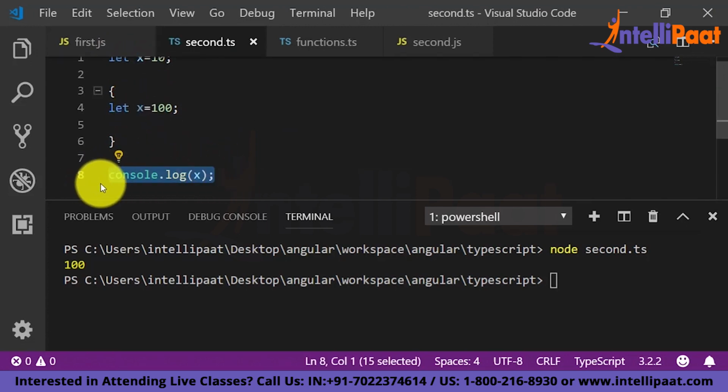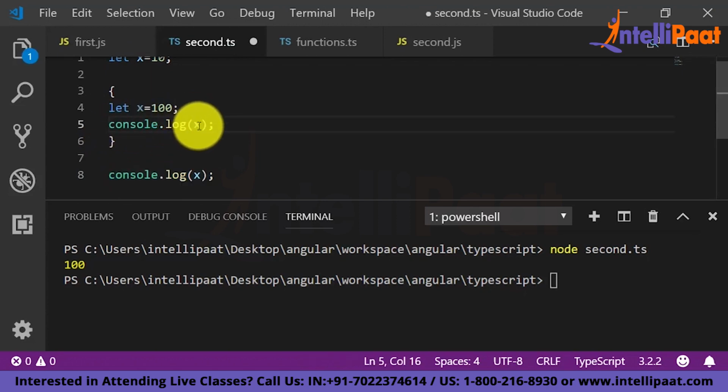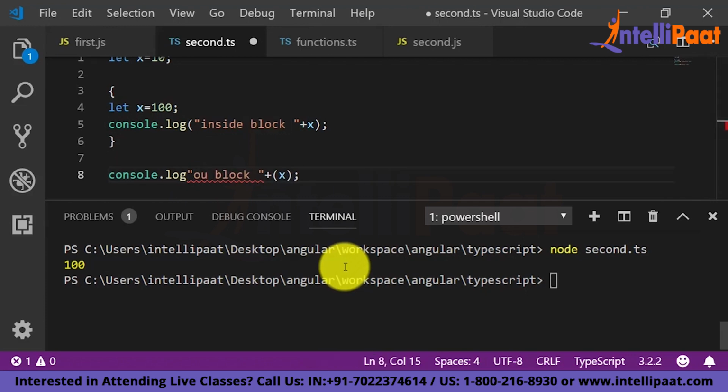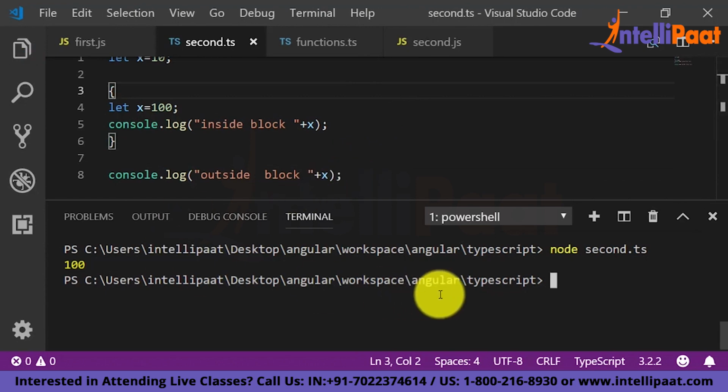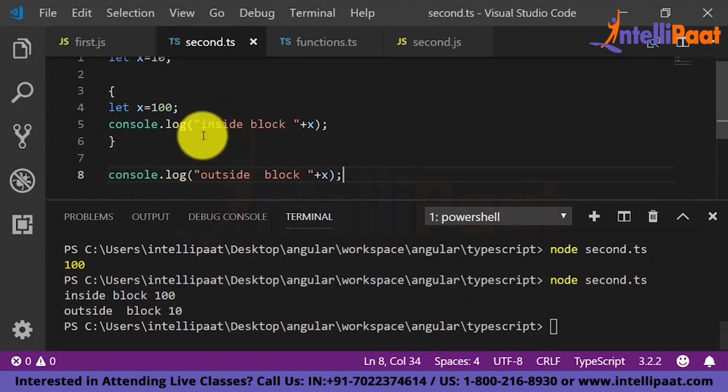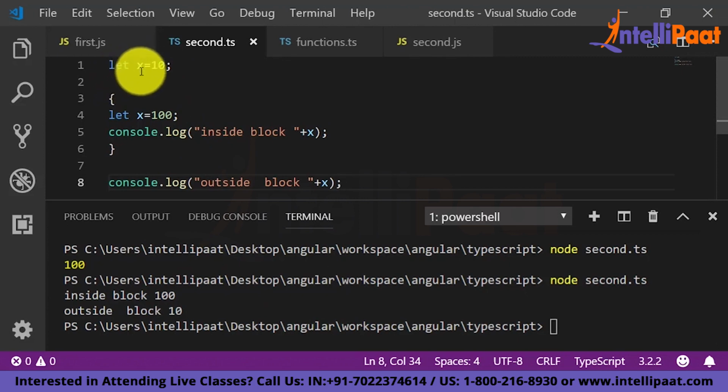What it says is that this x variable is different from this x. Just check out the console.log of the same. I'll write "this is inside block" and "that is outside the block". Now when I execute this code, see here, inside the block we are getting the value as 100, outside the block we are getting the value as 10. Make sense? So whenever we are creating a variable using let or const, very soon I'm going to talk about the const keyword also, whenever we are creating variables using let or const,